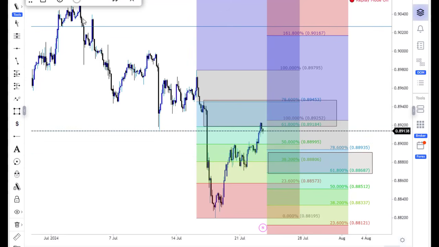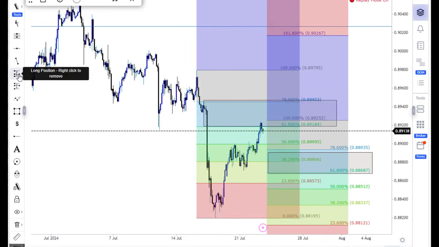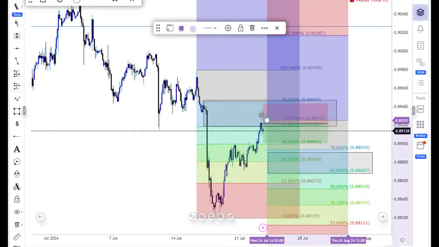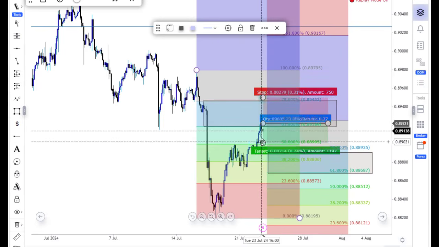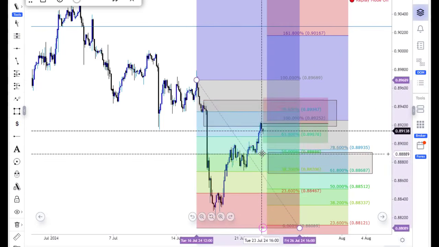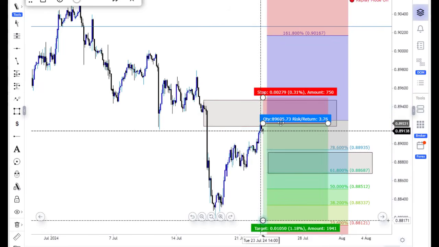So whenever I see this Fibonacci level of 61% coincide with the fair value gap or an order block, it gives me an opportunity to take a sell trade. And guys, I'm going to show you many examples that have resulted in high probability winning trades. So once it coincides, I take my sell trade, right? So once I take my sell trade here, I know that I'm most likely going to get a very high